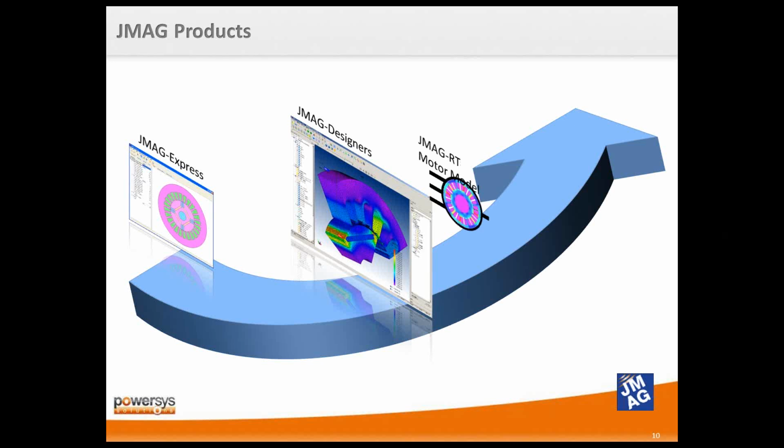Once we run the analysis in JMAG Designer, we have this very nice finite element analysis. We want to link it to other programs. Well, one way we can do that is to use our JMAG RT motor model block. What the JMAG RT motor model block is going to do is take the operating performance of our machine and create effectively a lookup table. This lookup table will be brought into a block form that then can be brought into our JMAG RT viewer, where within RT viewer we can create simple torque speed curves, efficiency maps, or basically plot performance across the operating